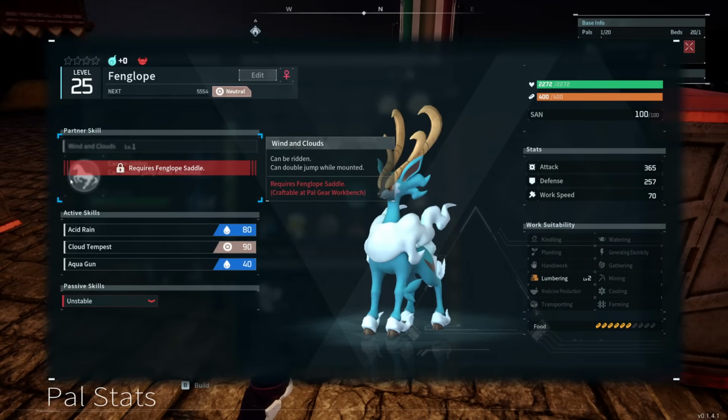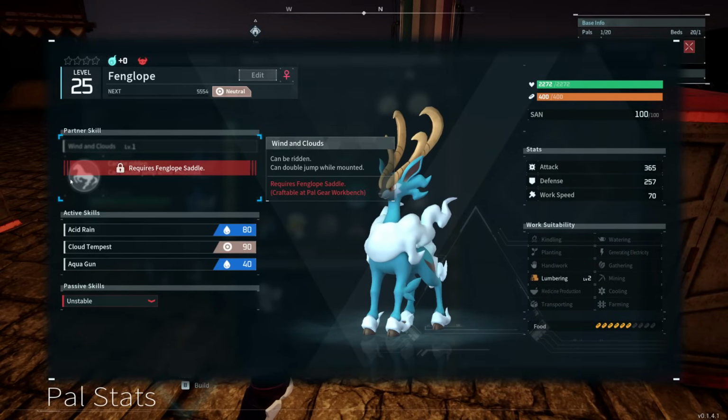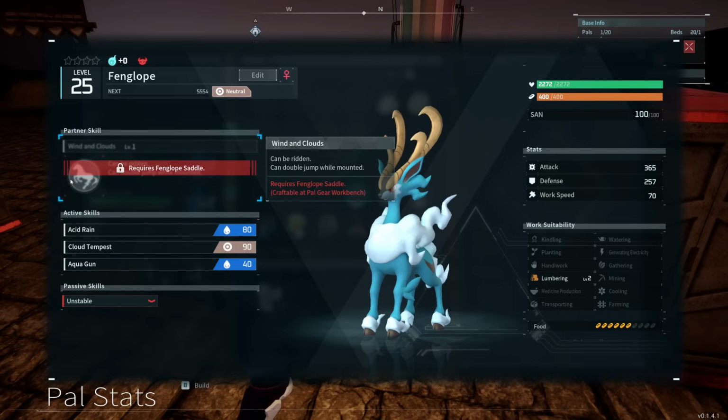Then we have Fengalope, 110 attack, so going down on that just a touch, but 110 HP and 90 defense, so not bad there at all. More importantly, this one is rideable and also the fastest ground mount that exists, so mount resets for this are a thing. The speed makes it easy to dodge enemy attacks while actively riding, and it has a pretty strong species unique